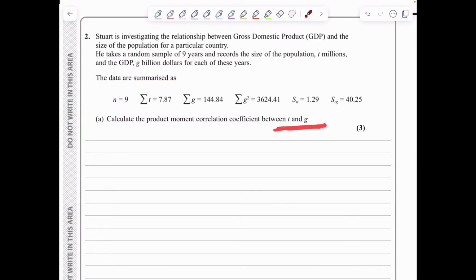Well, we know that the PMCC is given by STG over the square root of STT times SGG. And I will start by calculating SGG, which is simply the sum of G squared minus the sum of G, all squared, over n. In our case, this is 3,624.41 minus 144.84 squared over 9,